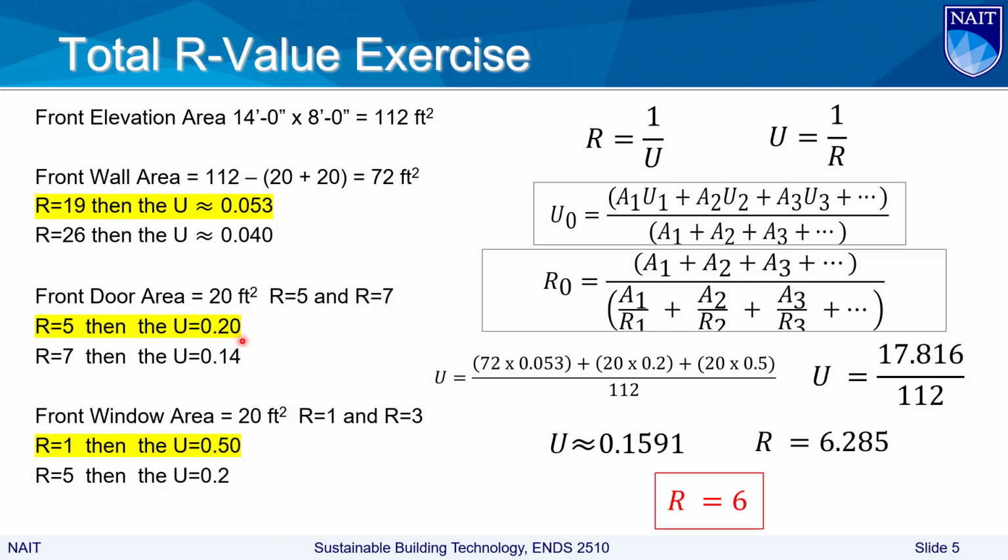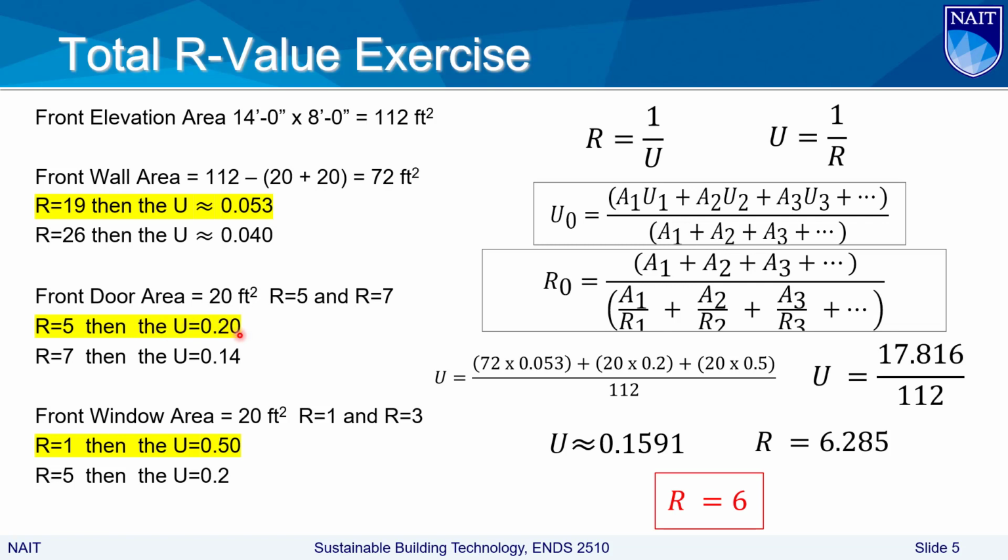For this exercise, at this point, we use the first scenario, R5. How to use the U value: 1 over 5, which is going to be 0.2. For the window, the R value is lower, so it's either R1 or R3. When we use R1, the U value for the window is 1, and if we use R3, that's going to be higher. In this scenario, let's use